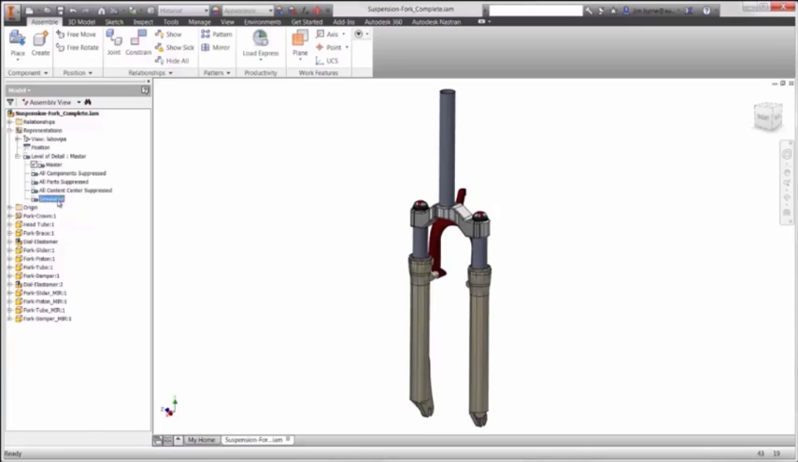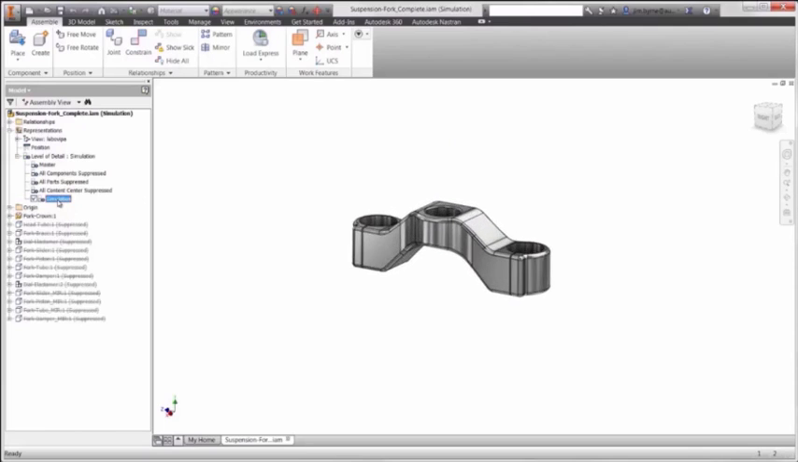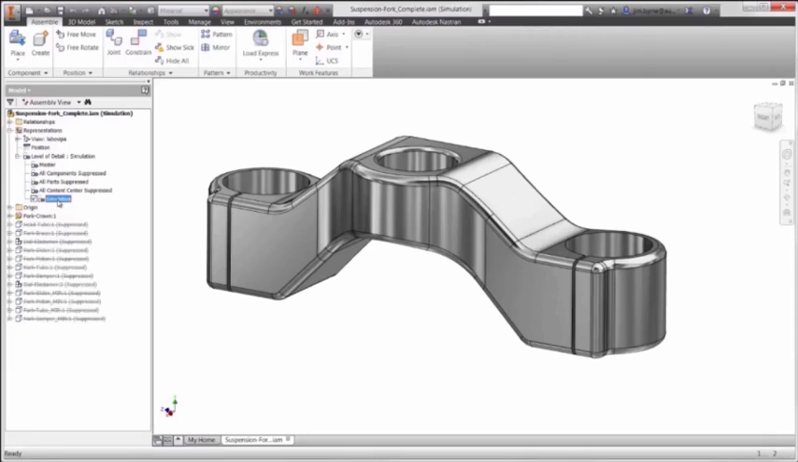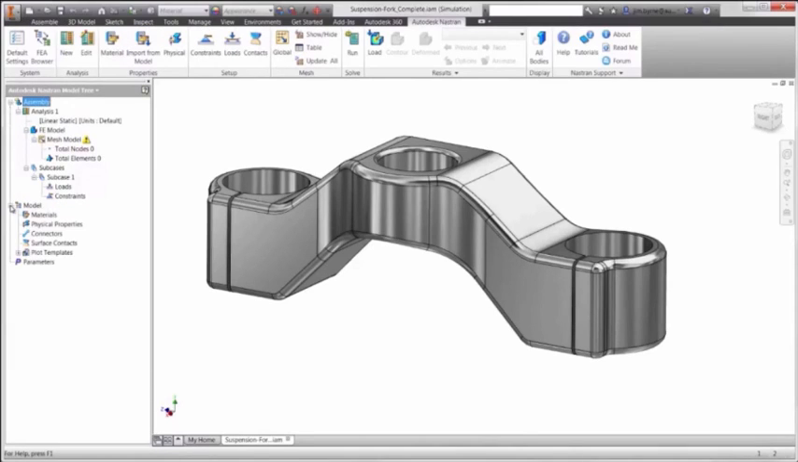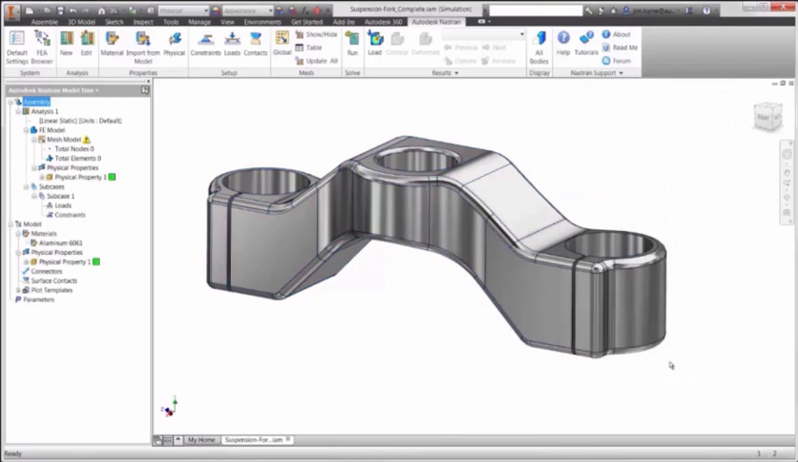For the purpose of this analysis, we only need to focus our attention on the fork and hide the other components. Let's begin by setting up a linear static study to analyze this baseline design. We can use the material directly from the CAD model or choose a different model from the Autodesk library. Here, we will also specify the part we're going to analyze and confirm the material and type of elements we're